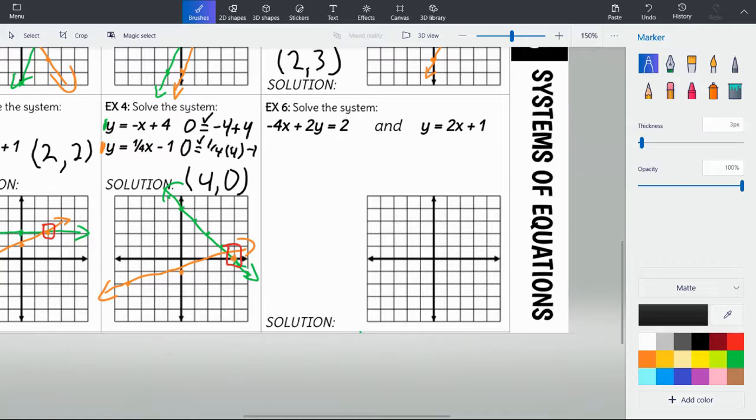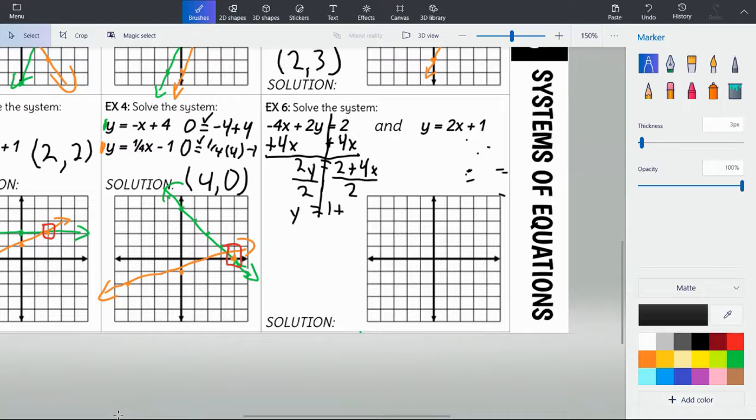All right, to solve for y, all you have to do is get y by itself. The first thing that's happening is negative 4x being added to it. If we add 4x to negative 4x, we get 0. We cancel it out. So I'm going to do that on the left and right side. 2y equals 2 plus 4x. Now, I have 2y. I need to figure out what 1y is. The opposite of multiplying by 2 is dividing. So divide the left side and the entire right side by 2. And we're left with y equals